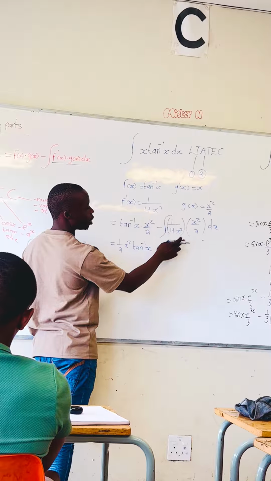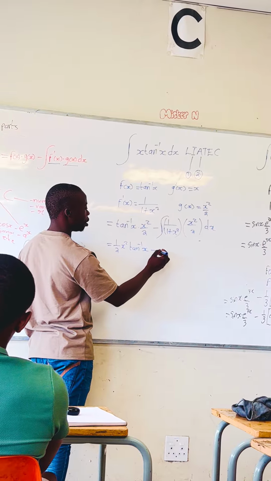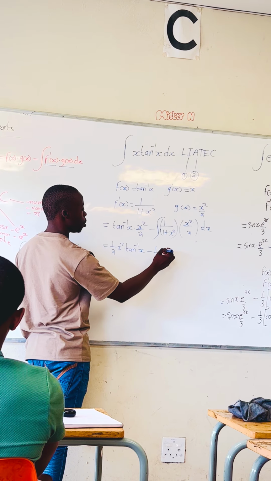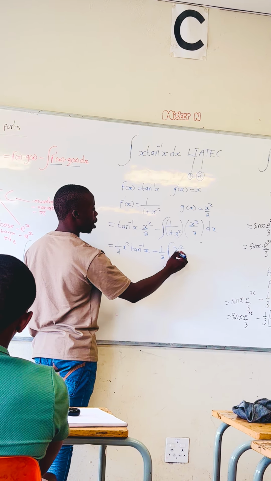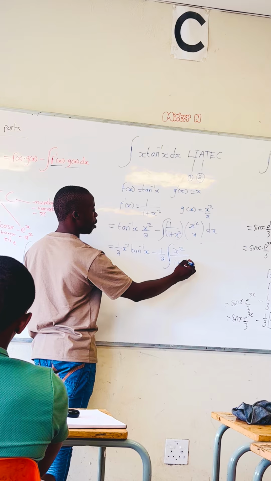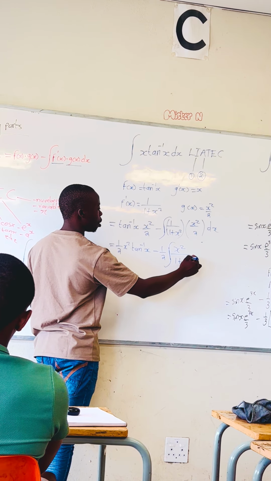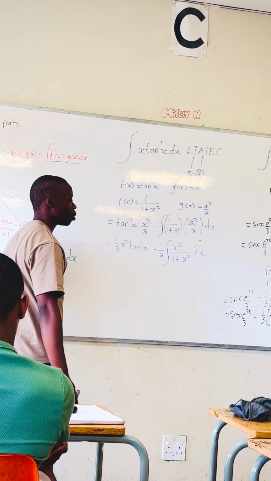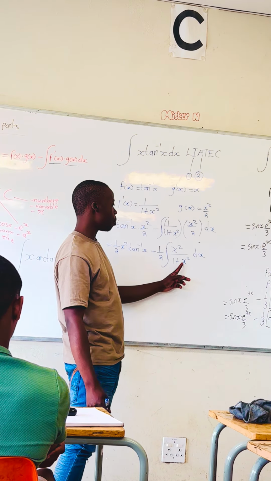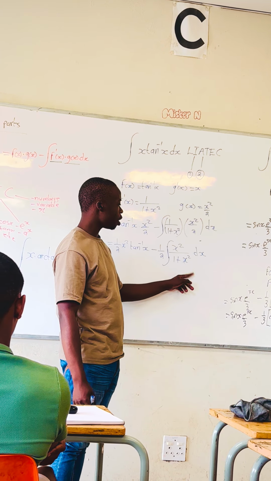What is our constant here? Negative 1 over 2. So inside, on the numerator we will be left with x squared, and on the denominator we will be left with 1 plus x squared, dx. So here, since you prefer to use substitution, if it's a quotient you will use the quotient rule, but